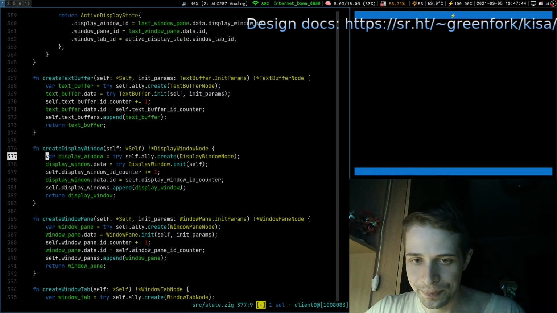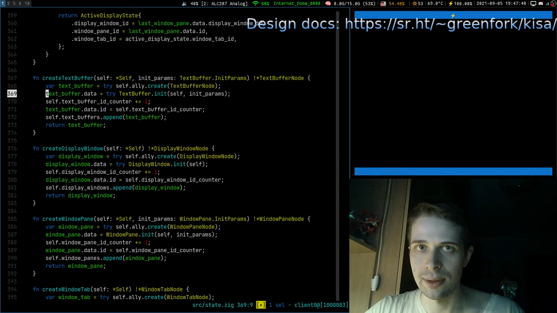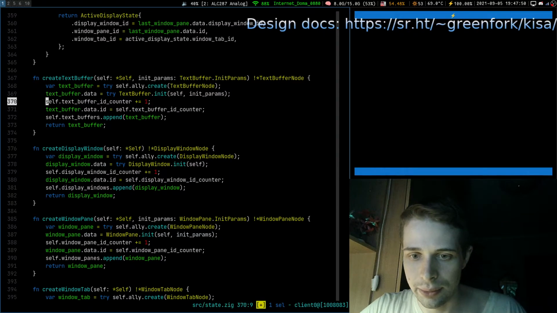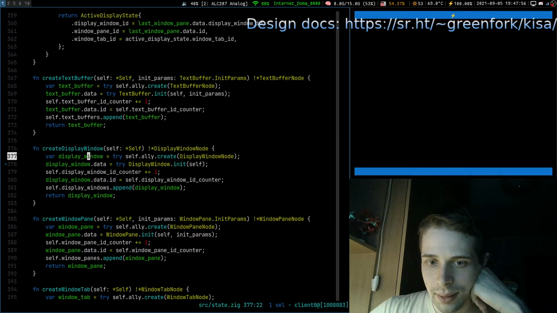Is this right? Because the same situation is here, and we don't do anything here to handle the failed resources. Let me think of it. So here we just create memory, and if we fail here, we will leak this memory, we will not free it.